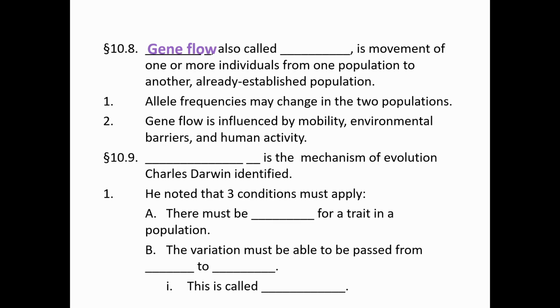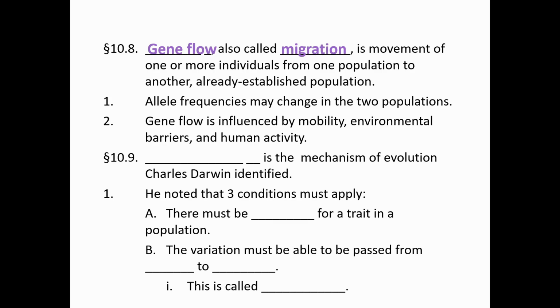Now, gene flow, also called migration, is the movement of individuals from one population to another. So, for example, I moved from California. So I moved from the California population to the Iowa population. That's a migration, and that's with me. I didn't just take my furniture and my pets and all that, I also took my genes. And so if I were to meet someone here and have offspring here, I would be introducing alleles from California that may not be seen in Iowa.